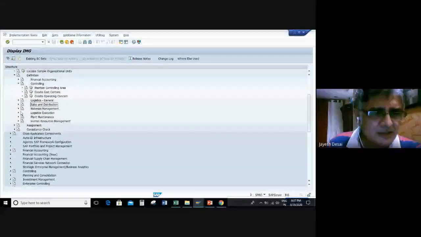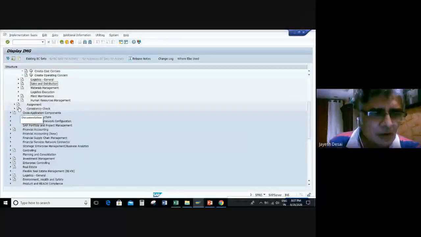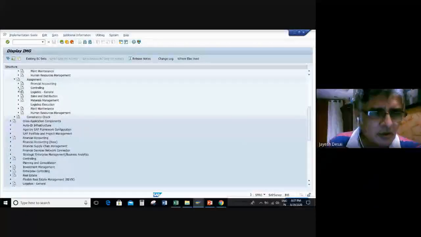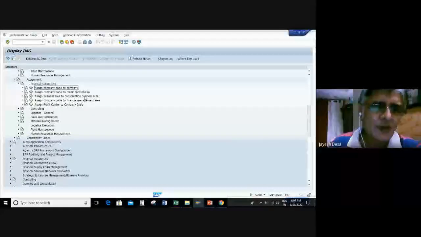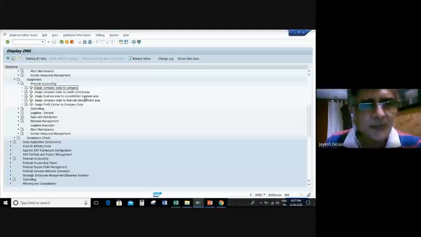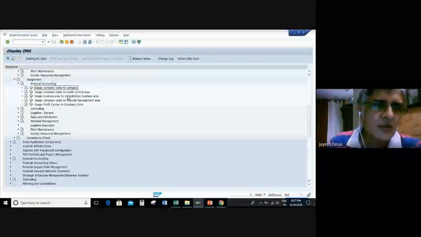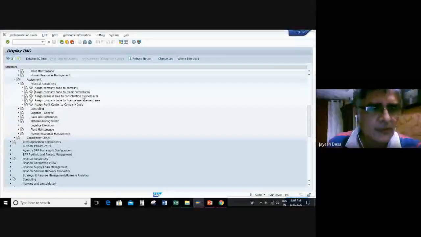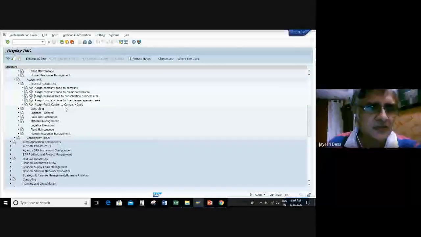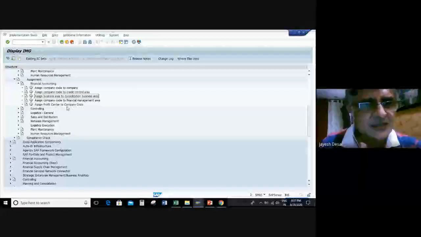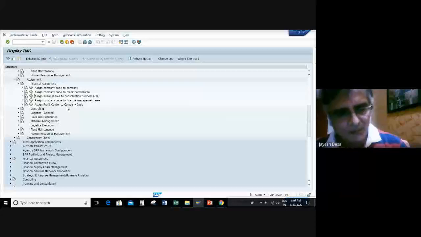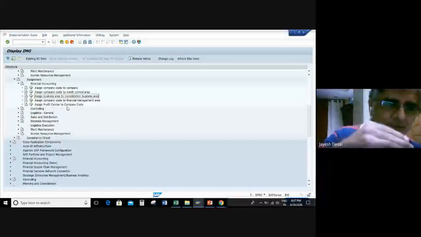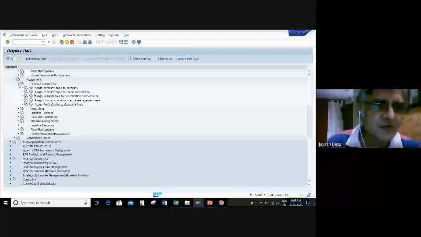So how will you create a structure? You will assign it. If you go to financial accounting, it says assign company code to company. So you may have 5 company codes, and you are assigning them to one company, which you want to use for consolidation. You are assigning credit control company code to credit control areas. You are assigning business area to consolidation business areas. So these are the assignments that happen, and a relationship is created. Just as in an organization structure you have a relationship between a box at the bottom and the box higher up, that's what we are doing here.